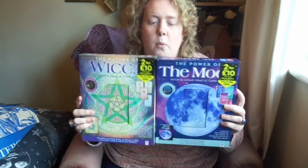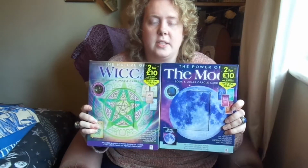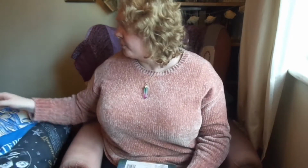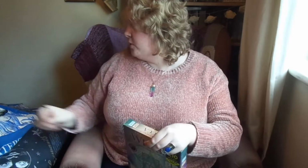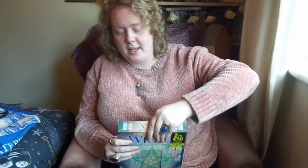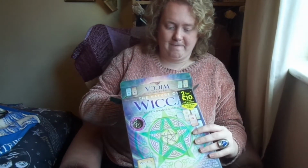And now I'm going to open them and see what's inside, see if these are worth £7 each, £10 for 2. And, you know, if you see these in the post-Christmas sale for less, if they're worth your money. So, without further ado, I'm going to rip into the Wicca one first. So if you're interested in subscription boxes and things like that, this isn't that, but it is a cheap item that you could have. Okay, so inside this cardboard box we have